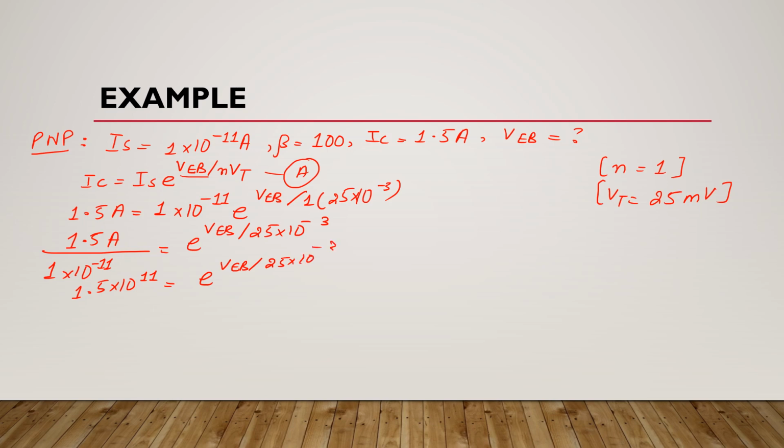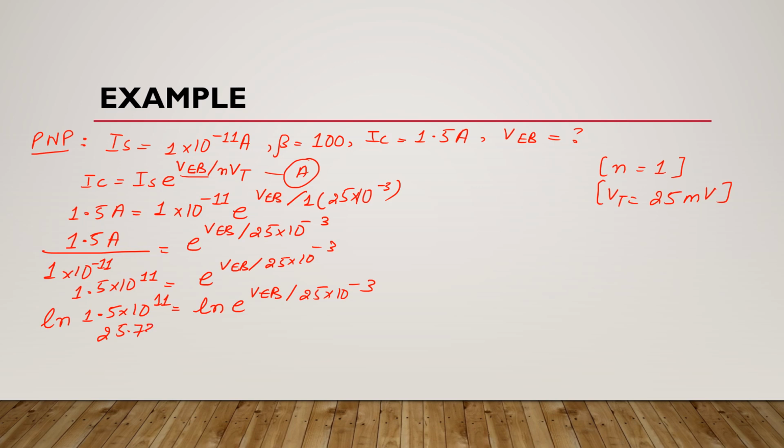Now again we'll take natural log on both sides, so we get ln 1.5 into 10 raised to the power 11 is equal to ln e raised to VEB divided by 25 into 10 raised to the power minus 3, and after solving this we get